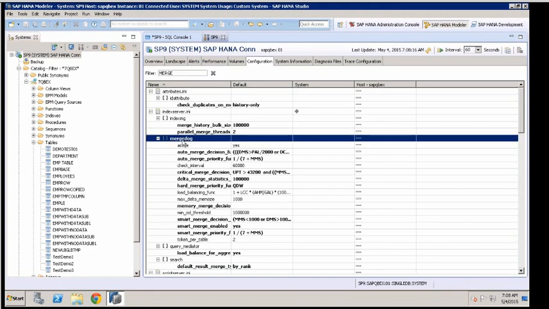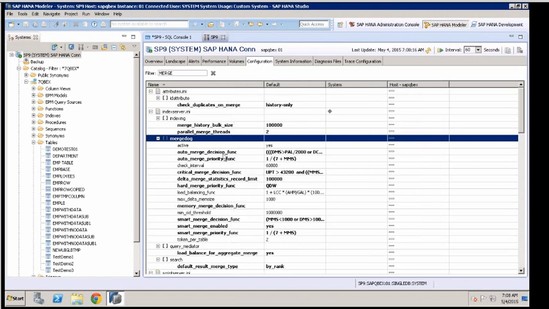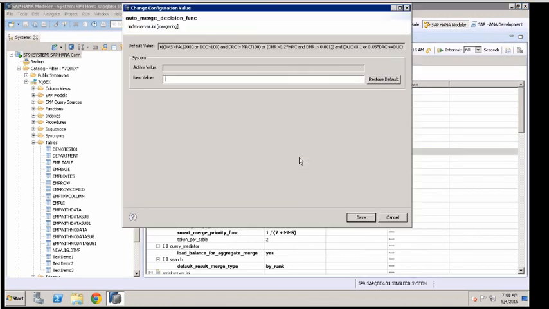So you'll have a process called merge dog, which actually does merging on the table, but it actually performs merging only when this auto merge decision function is satisfied. There is a condition here. When this condition is satisfied, it does the merging. Otherwise, no. So you don't trigger merging at all. System will take care of triggering the merging automatically by using merge dog. But merge dog will perform the merging only when this auto merge decision function is satisfied. That is what enabling auto merge does.